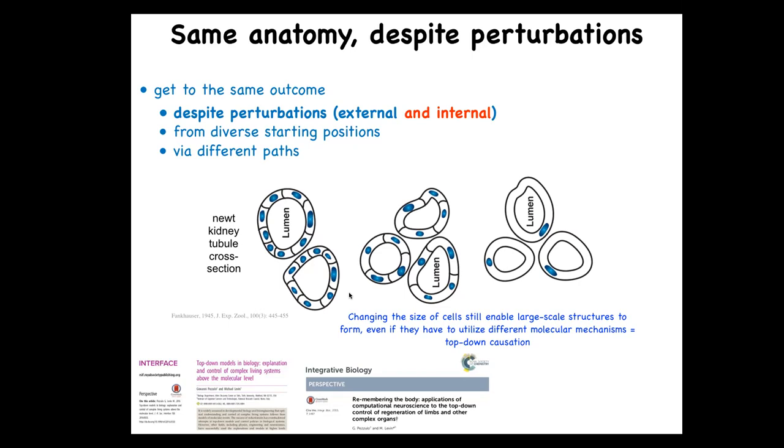You can't count on having cells of the right size. You can't count on having cells of the right number. You have to be able to create the correct pattern, meaning take that journey through anatomical morphospace, not only with external unpredictabilities in the environment, but you can't even trust your own parts. You don't even know ahead of time what you're going to be made of. And so that remarkable plasticity turns out to be really important. And it's not just newts, this is ubiquitous throughout the tree of life. That turns out to be very important for medicine.